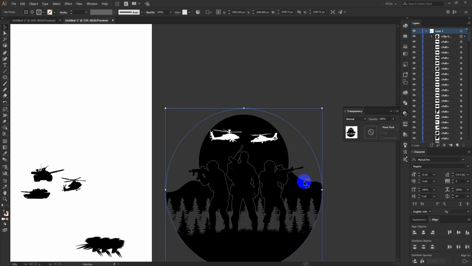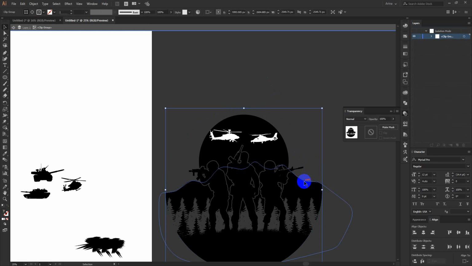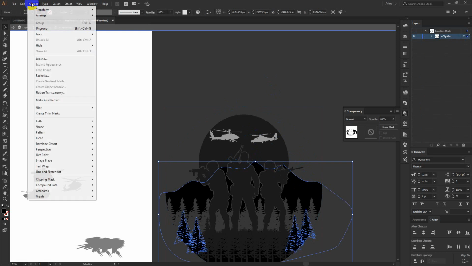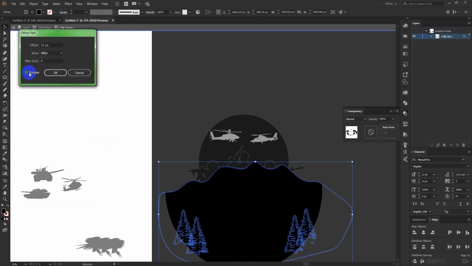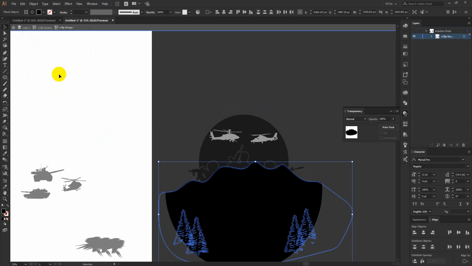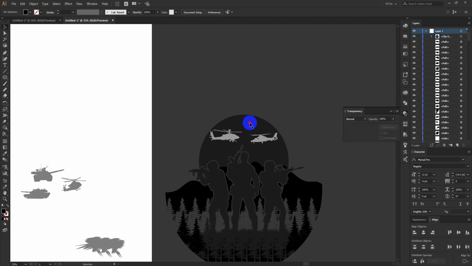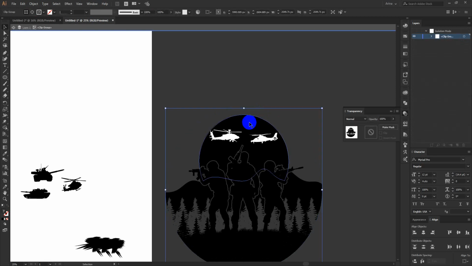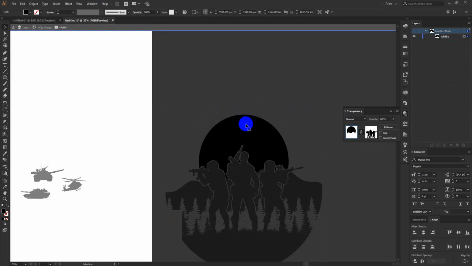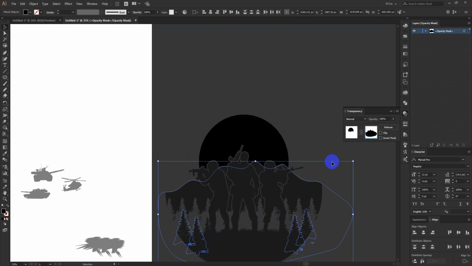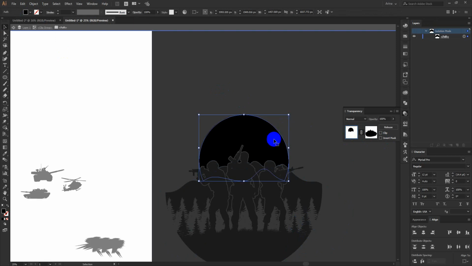Okay, now this mountain shape here, I need that one to be cut out from this sun layer. So I'm going to make an offset path for that, something maybe cut, and then I'm going to select this sun here. Okay, just coming here, paste in front. It must be black. Okay, that's good. If I come here,